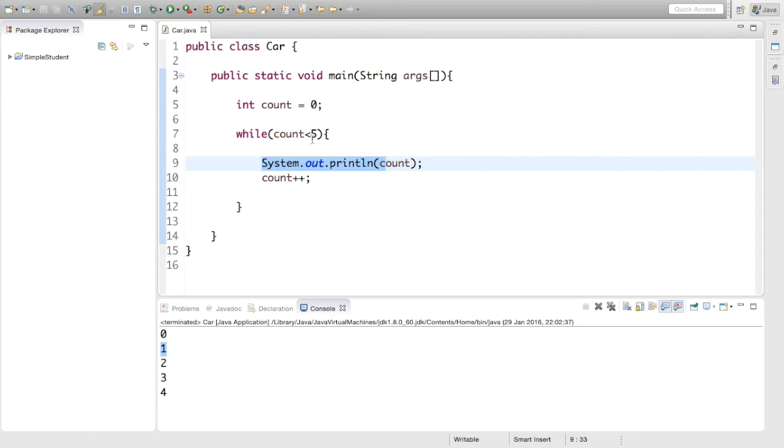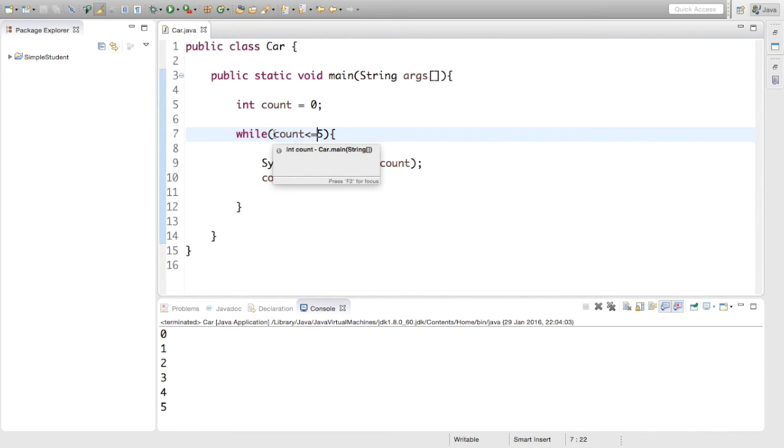So what if we change this to while count is less than or equal to 5? And run it again. We'll see. Yeah. So now it's printing out that extra number, because when count is 5 and it comes up here, while count is less than or equal to 5, yeah, count is still less than or equal to 5, it's 5. So it'll run it once more, it'll print out count being 5, it'll increment 5 by 1, which is 6, and it comes back up here, it'll check, no, 6 is not less than or equal to 5, so again